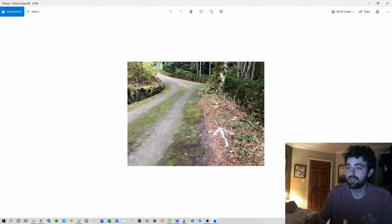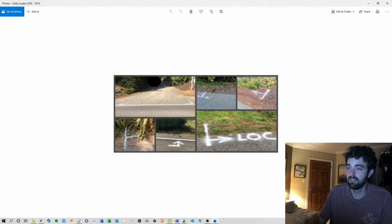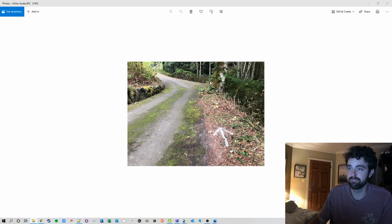And on the road, you just got to make sure you put in LOC there with some arrows telling the people that this is where you want the utility people to come out and probe for utilities. So this is free, by the way. It's a free service, doesn't cost anything. So yeah, if you have any questions about that, you can probably just call